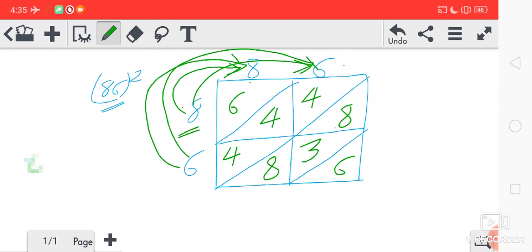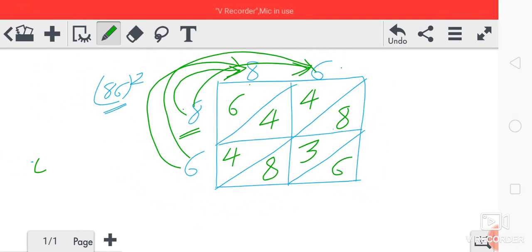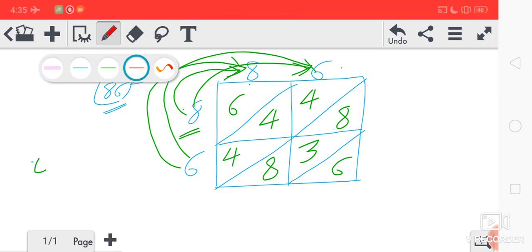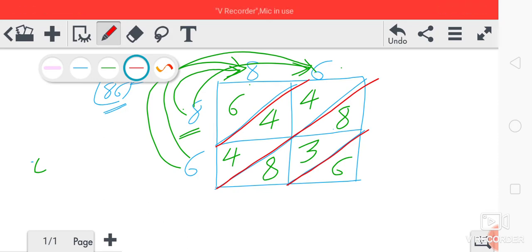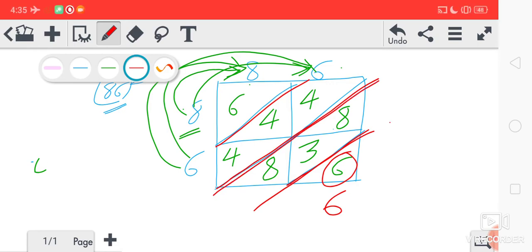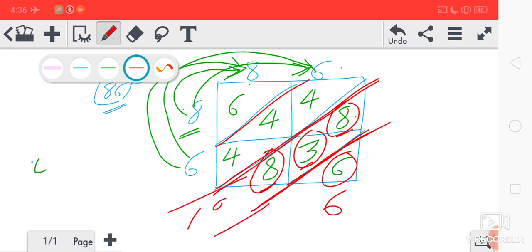Now what we have to do? Then we have to add column wise. Okay. So column wise we are going to add it. So this is the first column, then second column, or rather diagonally, not column, we will say diagonally. So here only 6 is there, so we'll write here 6. Then between these two diagonals, how much is there? 8 plus 3, 11. 11 plus 8, 19. So we'll write here 9, 10, 19.